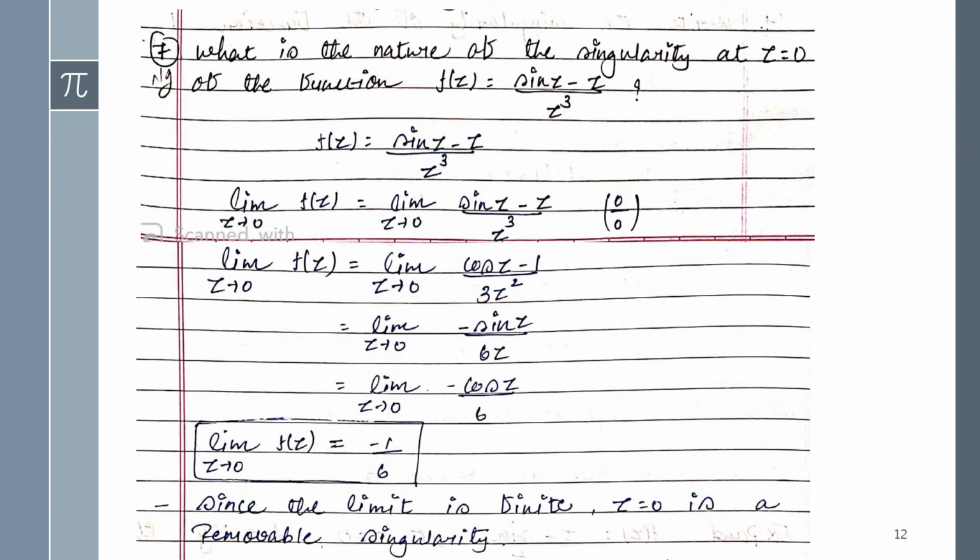Here it's given: what is the nature of the singularity at z equals 0 of the function f of z equals sin z minus z upon z cube? Now see, guys, from the first I have applied limits on both sides. But if you don't want to apply limits from the first, then you can also put in its expansion, as we just did in our previous sum, that is sum 6, right? Just as we did in sum 6, you can do it that way too: first apply the expansion, and then apply its limits on both the sides. But from the first you can also apply limits on both the sides.